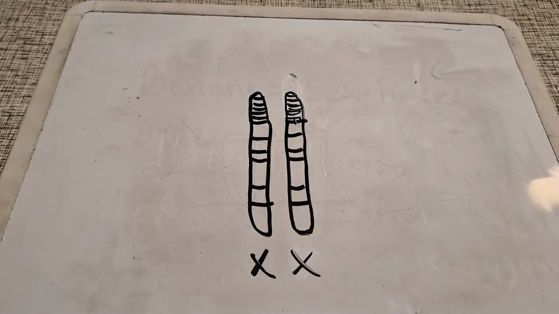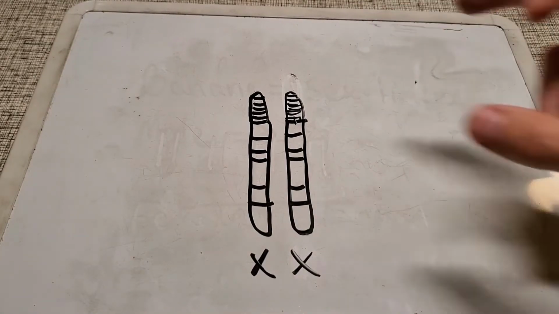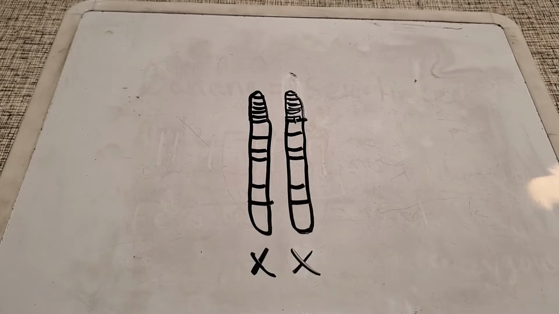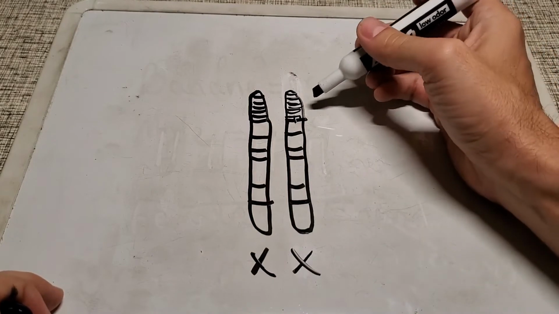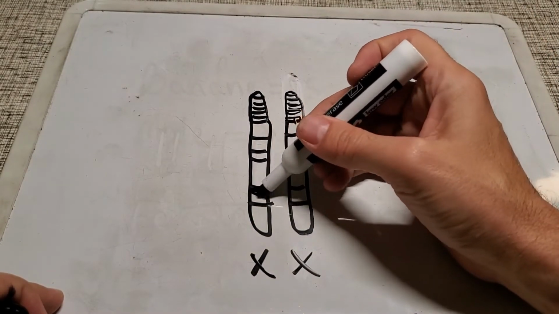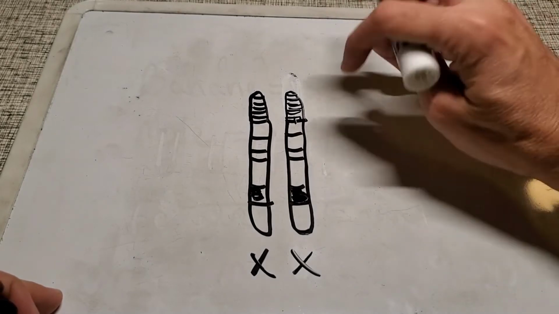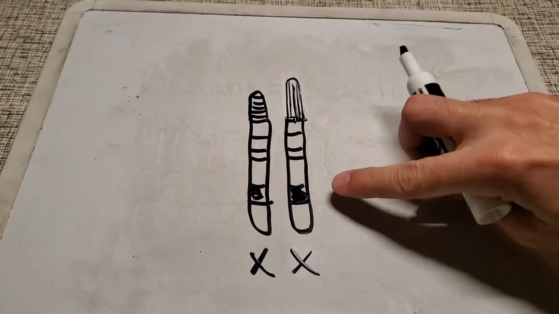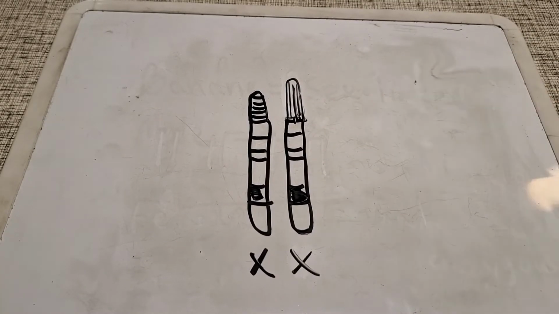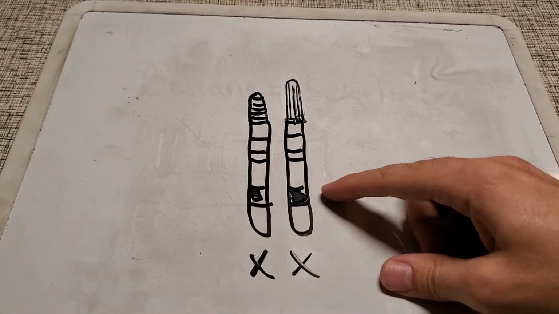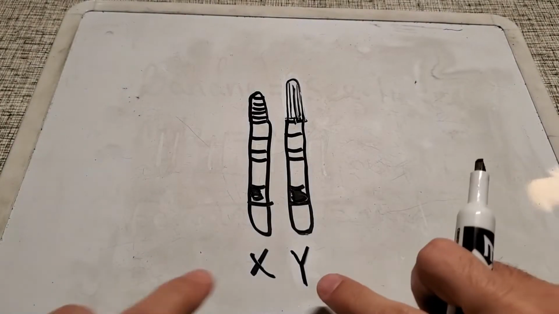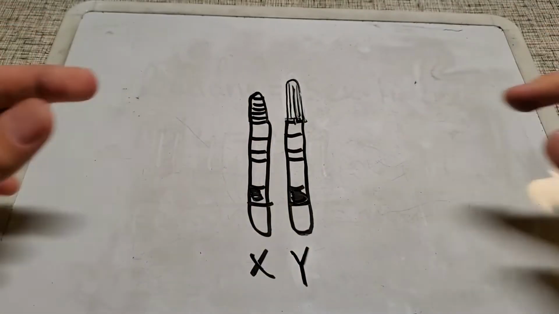You can have characteristics, you can have genes that are located on these chromosomes that don't have anything to do with gender. The banana trait in ball pythons is one of them. But the banana trait does not exist up here. It exists down here, meaning that whether this is an X or a Y, the banana trait works the same. All right? So if you have a male animal, and he is heterozygous banana,